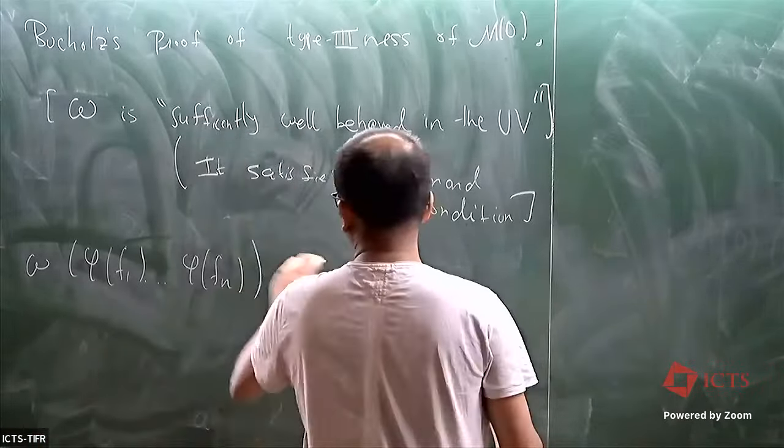And as someone was asking before also, let's go to the boundary of this. This is O bar, let's say, and the interior is O. The assumption was that omega is sufficiently well behaved when you go towards the boundary of O, in the sense that if you do the following scaling operation, you consider